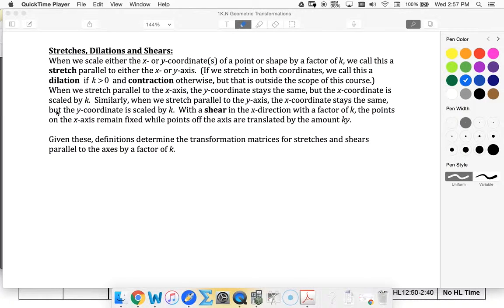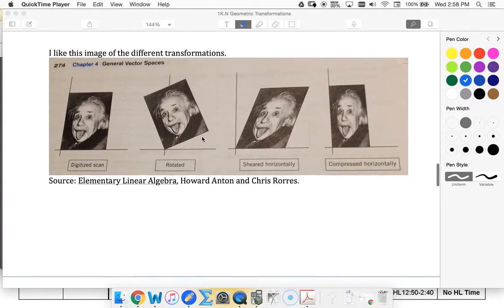When we do it in both directions, that's what a dilation is, for k bigger than 1, or a contraction for k less than 1. Okay, so when we stretch parallel to the x-axis, y coordinates stay the same, but the x coordinate is scaled by k with scalar multiplication, and vice versa. And with a shear, the points on the x-axis remain fixed, but then the points off are translated by the amount ky. So I like this image, first of all, because it's Einstein, and then second, because it shows our